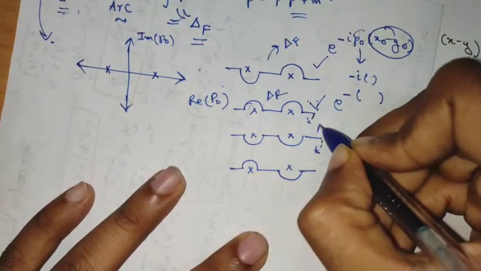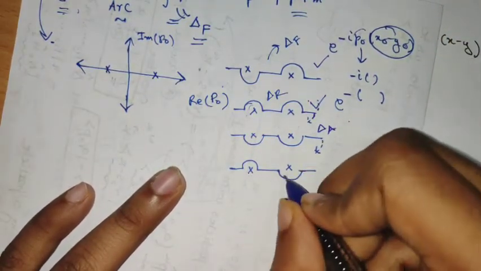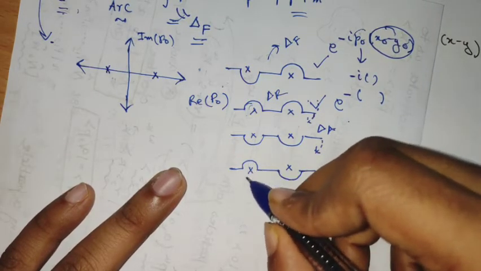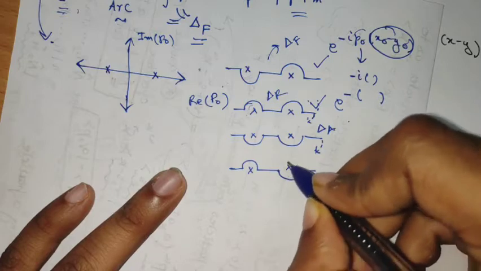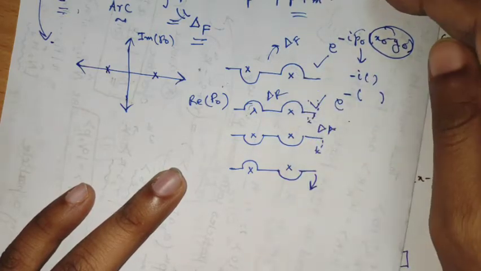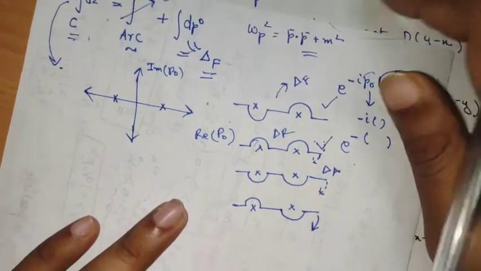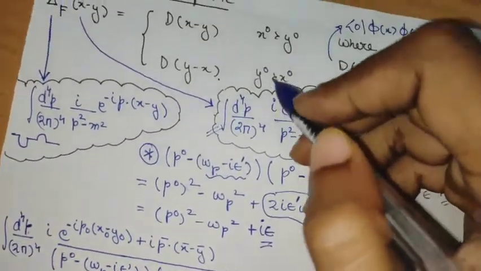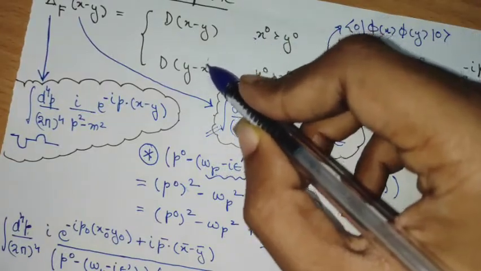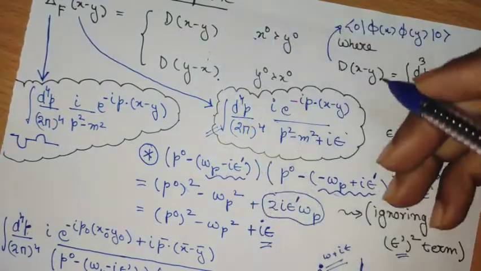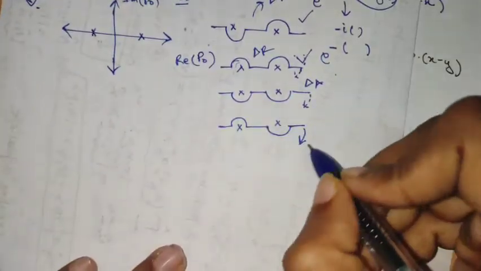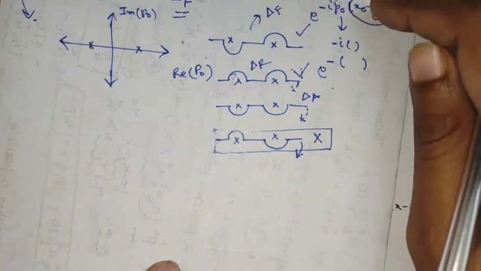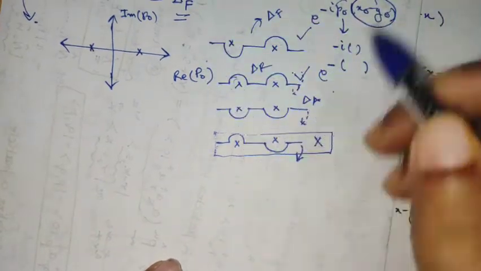So this is delta A, and for this last contour that you see, for this part it will close below and it will give contribution from a pole that is opposite to the pole that we had for the Feynman propagator. So in some sense, it looks similar to the Feynman propagator, but it reverses the order. So for x0 greater than y0, I will get this part, and vice versa for this part. We will not discuss this last contour because it doesn't hold any significant insight. But we have a set of 3 contours.